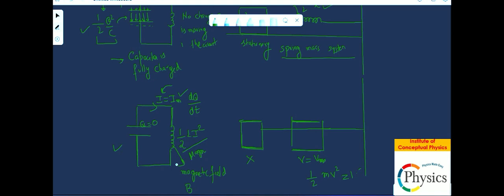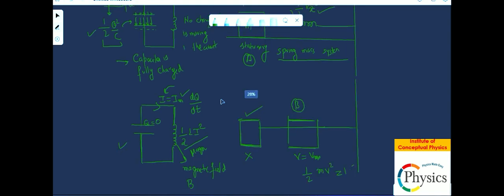Again, the spring will reach its compressive stage, which means the spring block system, the block which started from rest here, which is what we discussed as situation number A. Now the situation number B is being referred to because in situation number B, the block is at maximum velocity. Now the block reaches the situation number 3. In the situation number 3, again the block will come to a stop, but now the spring is